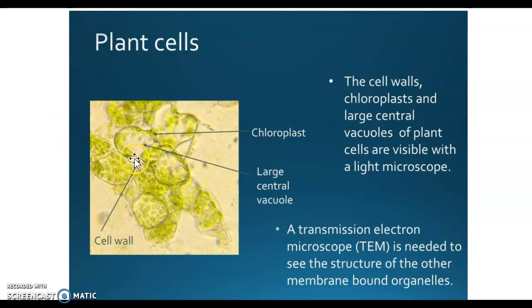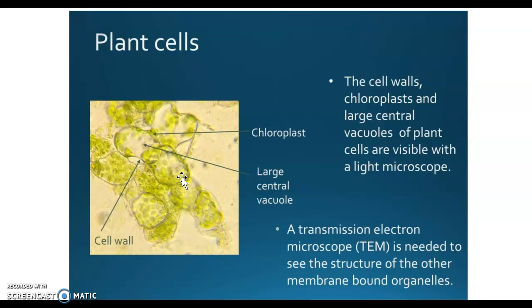This time you see a cell wall around the outside, giving it a little bit different structure, a little different shape on this cell versus the animal cell. And you'll see it's green in color. That green color is produced mainly by those chloroplasts right here, found inside all those plant cells. And you'll see a large vacuole, so this big clear spot, which is where all the liquid is held, found inside that plant cell. Okay, so but again, there's lots of other little organelles that are found inside each one of these plant cells that we can't see even using a microscope,